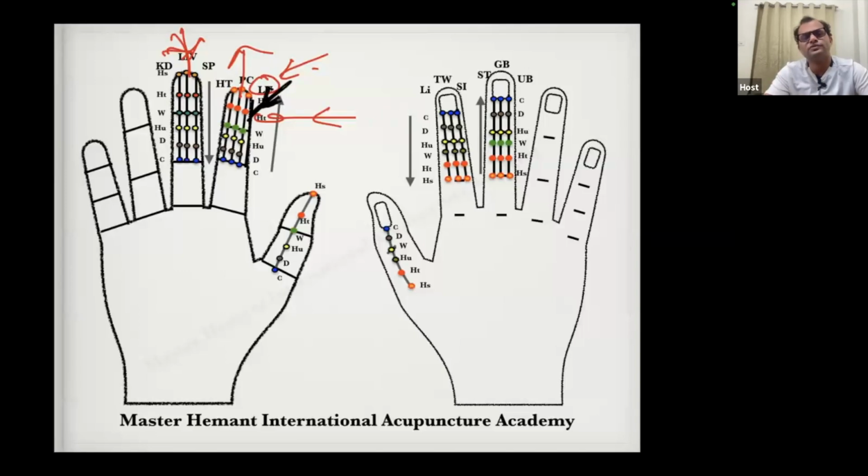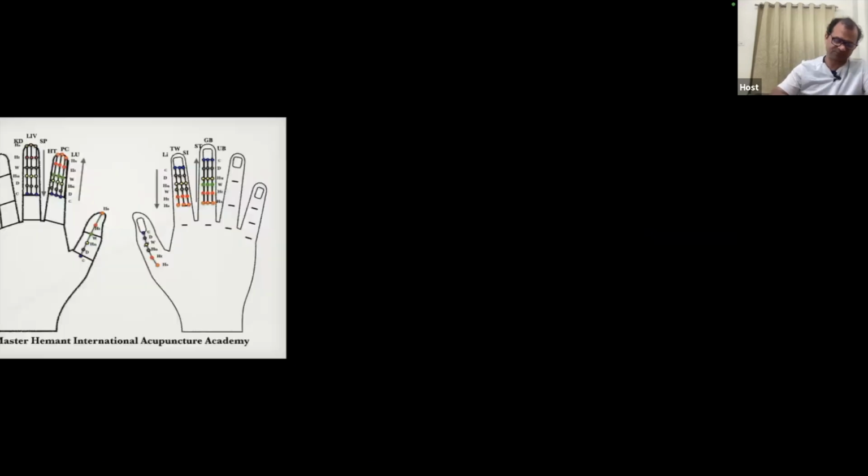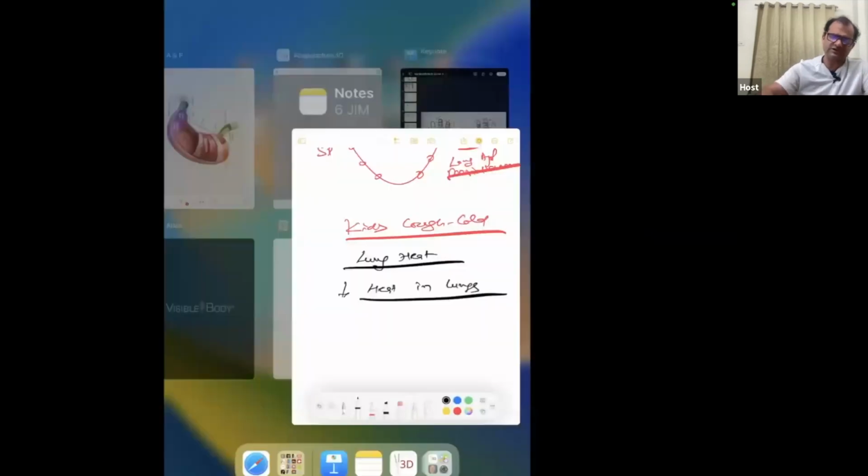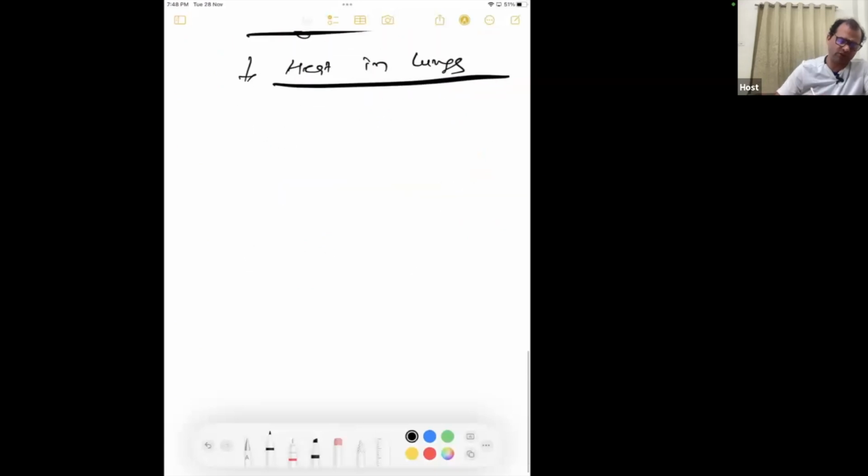Suppose someone has something more or less, we can do tonification and sedation. Now we have all 6 energies in every meridian. When any disease happens,